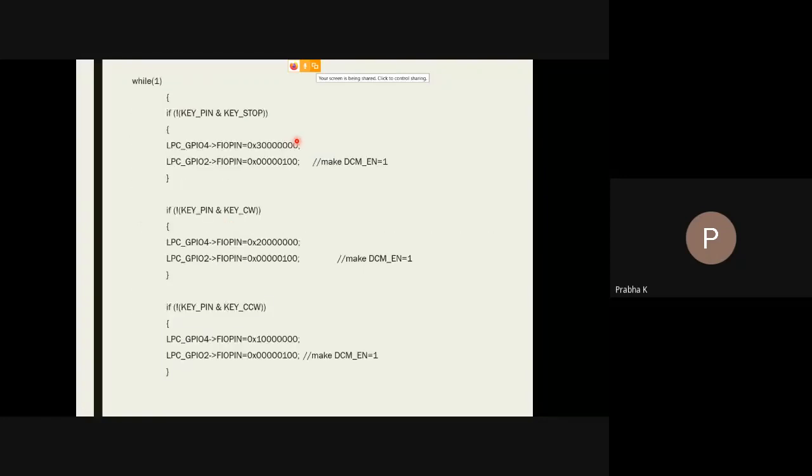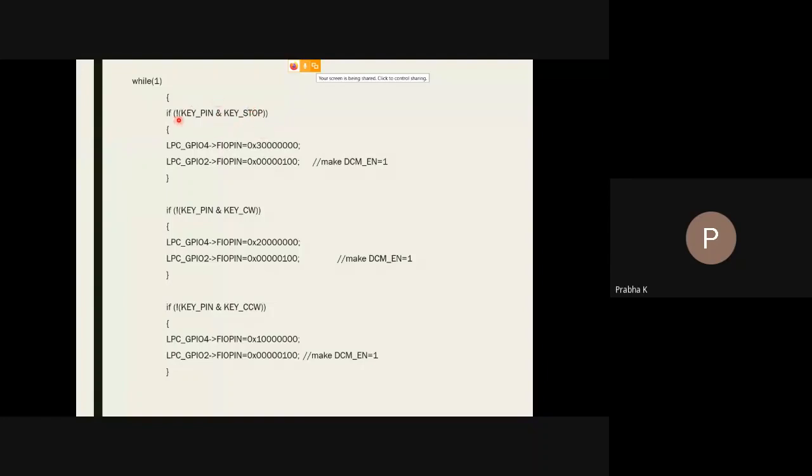So come back. When I press the key, the value has to be read. Both have to take place simultaneously. If both are true, that's why I'm using AND here. Why am I using the exclamatory mark? Because I want to take it as an input pin. Both are high, 1 and 1, it is 1. Here, the exclamatory mark will make it a 0. It makes the entire data, whatever key I press, that data will be taken and read by the microcontroller.